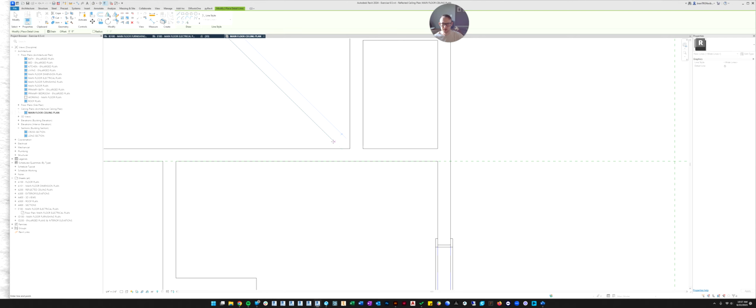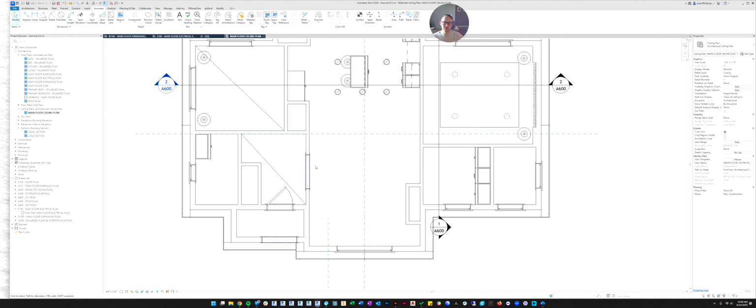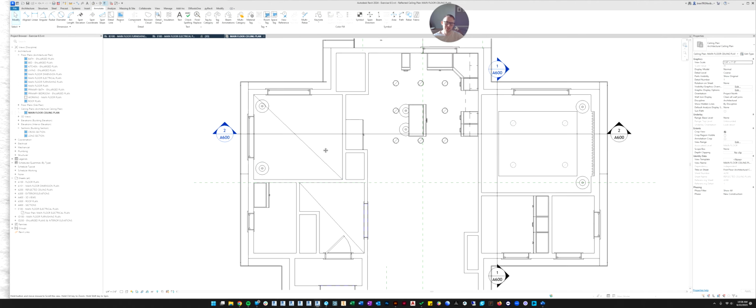So if I can't get it to work, I can type SE for snap end. And now I just need to hover near the end, and it'll stop snapping to the nearest point and instead try to find ends that I can snap to. And then again, if I do that in this room, and I just don't want it to snap to anything, I can do SO for snaps off, and now there's no snapping. But I want to snap to this end, so I'm going to turn it SE, and then it snaps to the end for me. So that's just a little tip. It's not necessary, but it's a good tip to know.